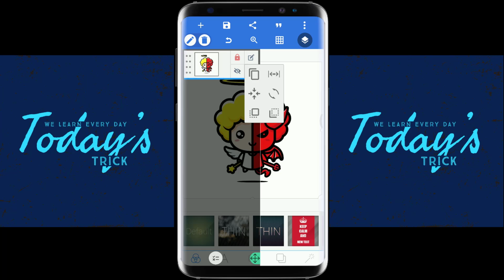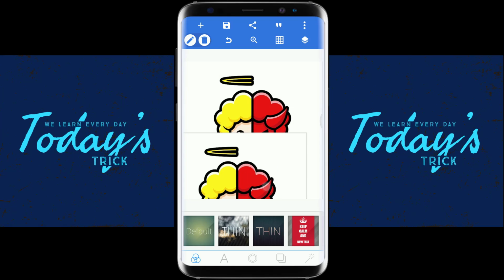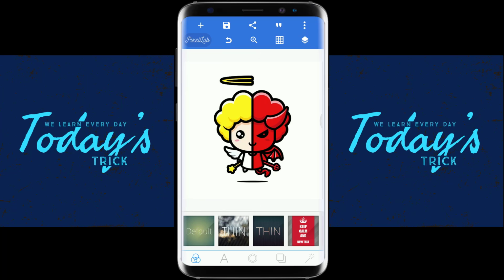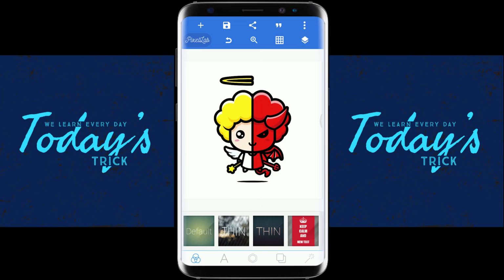The first one is copy, to duplicate the same picture. As you can see, I duplicated it, and I can move it, but I can't move the back layer because I locked it. In the same way, undo brings it back to the same position, and then deleting the duplicate layer. Done. As you can see, this is the picture I will create. The left half is an angel, and I create the right half with this application.